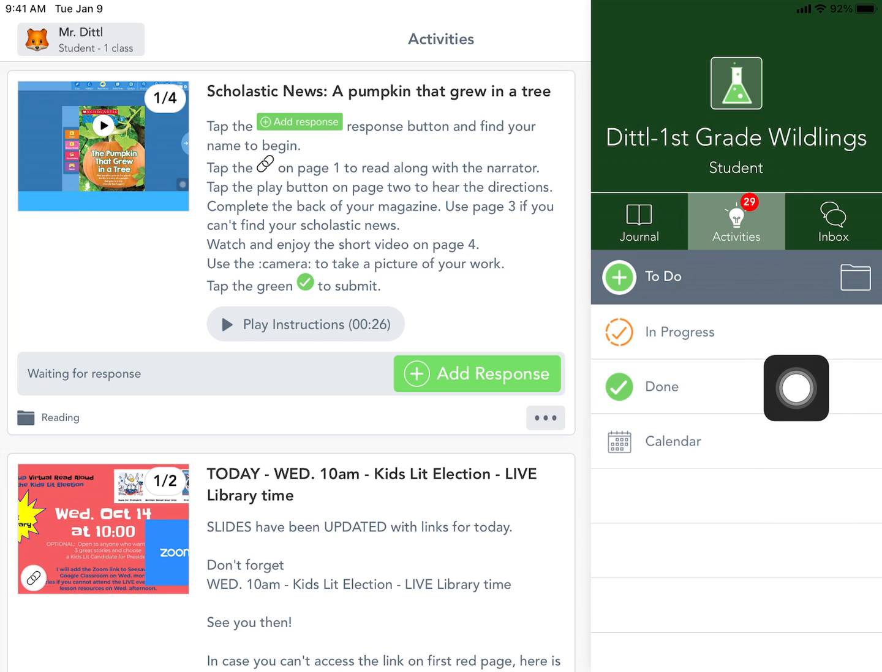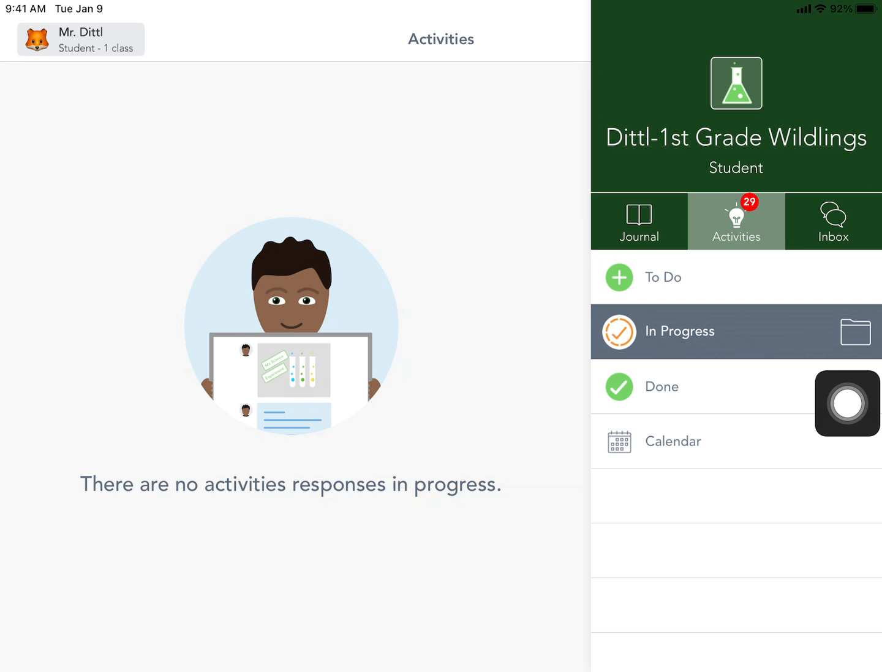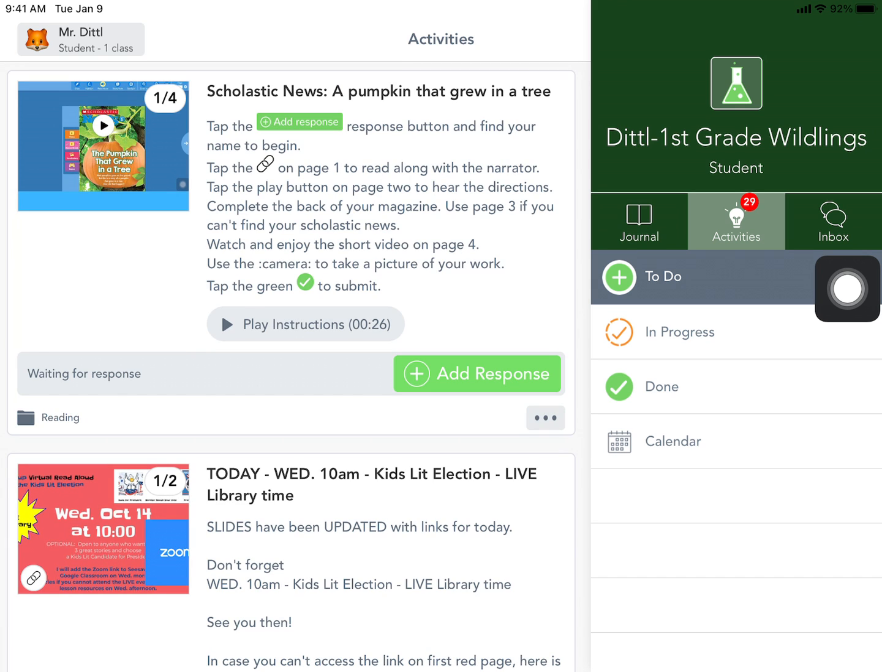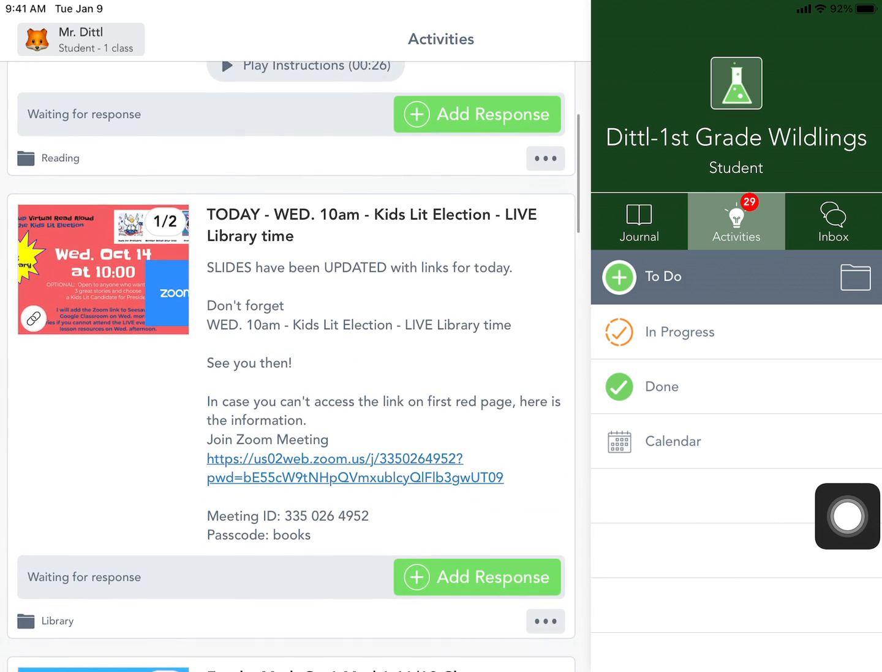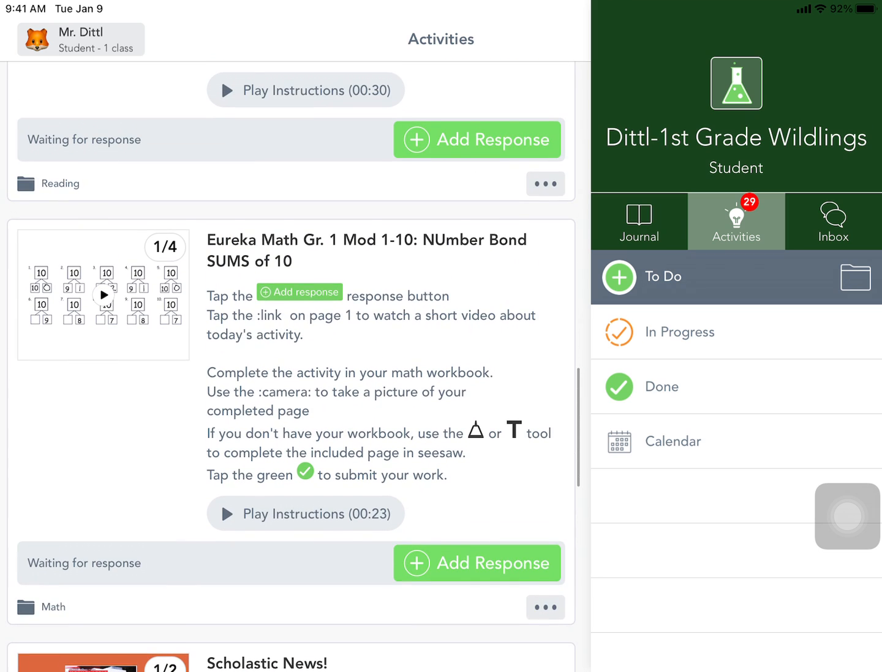If I click on my done activities, you'll see the schedule I just finished. If you click on my in progress, I don't have anything in progress because I haven't started and not submitted with that green check. But when I click my to-do, this is where you can find out if your student has any outstanding activities that they haven't finished, whether that's specials like library or a math assignment or something from a previous week. So it's pretty important that we get in the habit of checking all these things